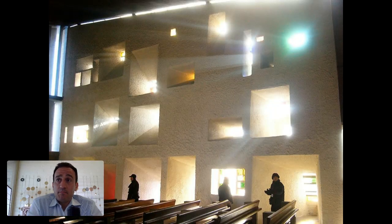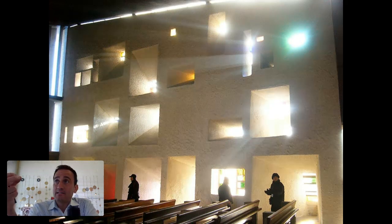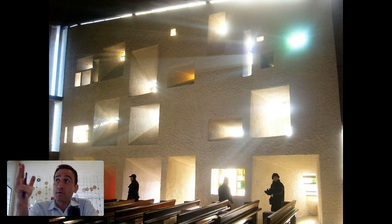Corb is doing that in part for effect, but also using that to play a structural game. And in fact, this slide is a perfect slide to demonstrate this on. Within the thickened wall cavity, he's placing the actual columns that support the roof load within the walls. So he's kind of hiding the columns inside these thickened walls, doing some interesting things with respect to the interior